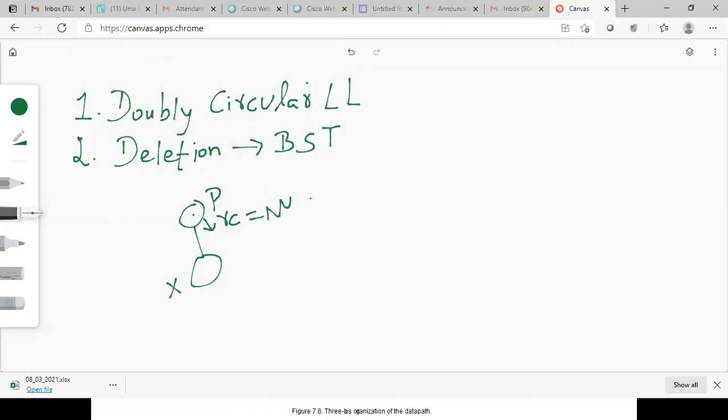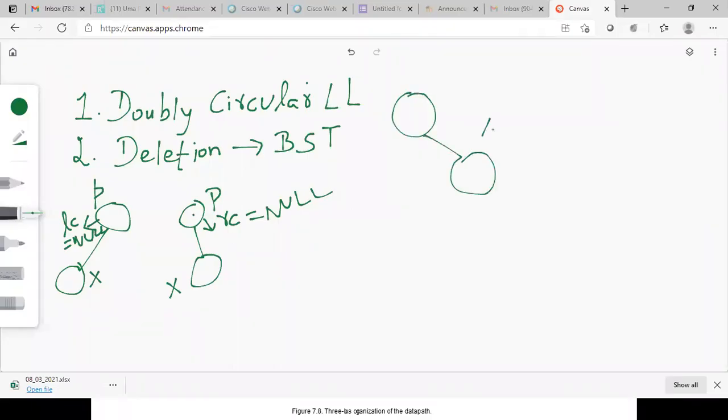Okay. Suppose if X is the left child, then also same, identify the node X and locate its parent, then delete X, that is free up the space for X, and then make the parent's left child pointer point to null. Okay. So this is case one, that is if the node to be deleted is a leaf node. Okay. If the node to be deleted is not a leaf node, say there is a node, this is the node X you want to delete, that X has one child,